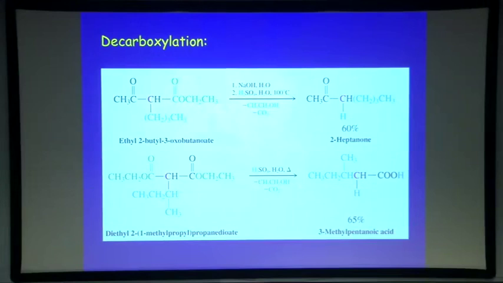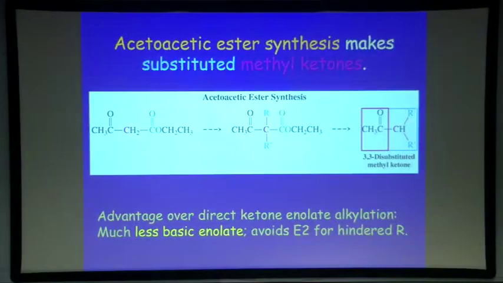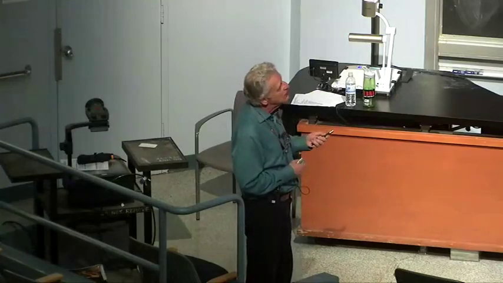That's the beauty of this methodology and these building blocks. So here it is again. We're starting with the Claisen product, and we can alkylate once, and then we can alkylate twice, and then we can hydrolyze and kick out CO2, and there's the product. So this is the generic picture, which you could look at from left to right, but it's more useful to look at it from right to left.